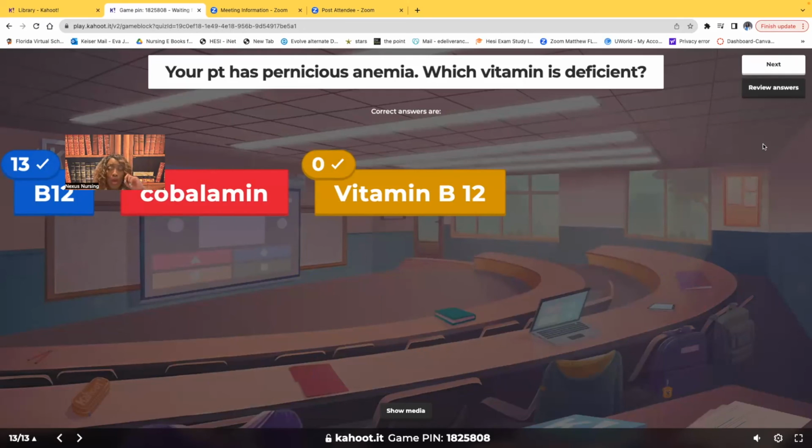All right. So let's talk about this. You don't have vitamin B12 because you're not absorbing it because you don't have intrinsic factor. Where's intrinsic factor found? It's found in the gut, in the stomach. So patients who've had,